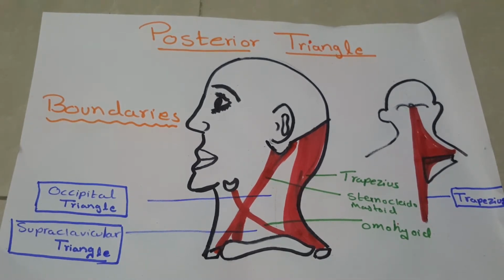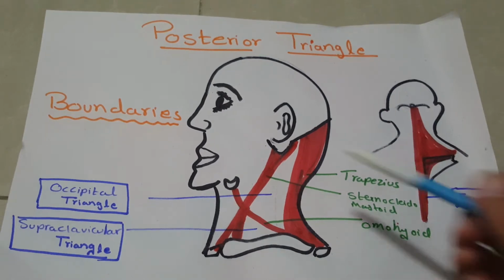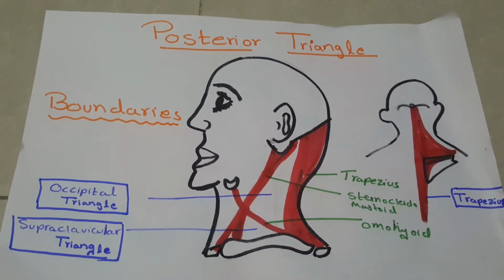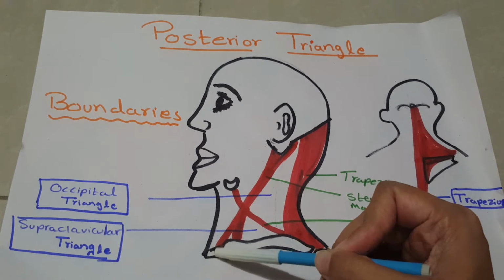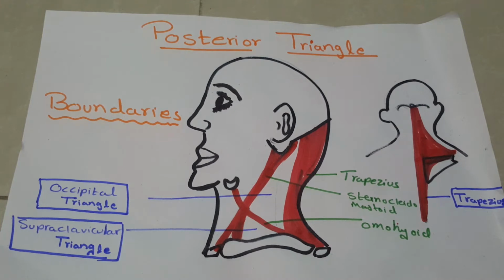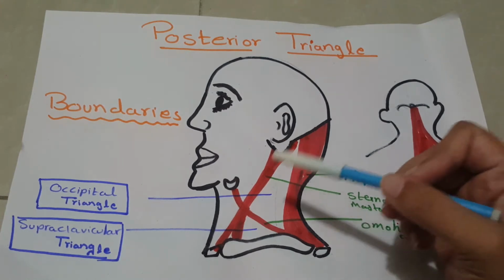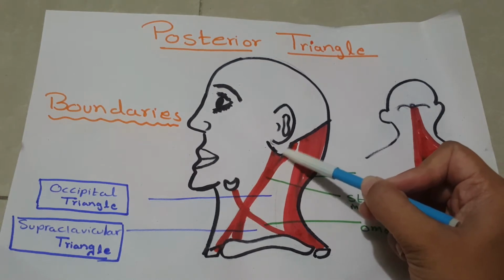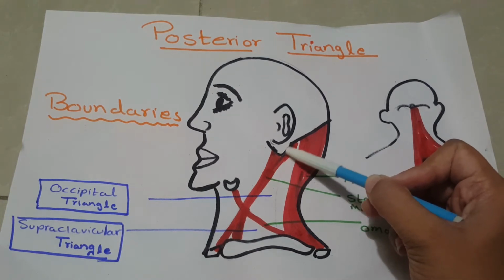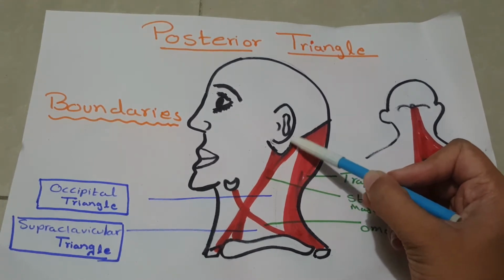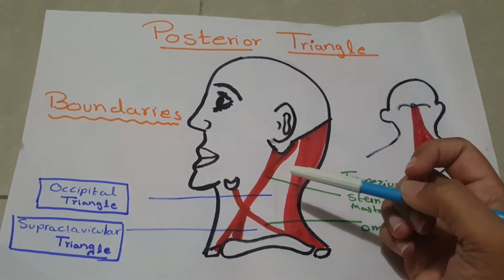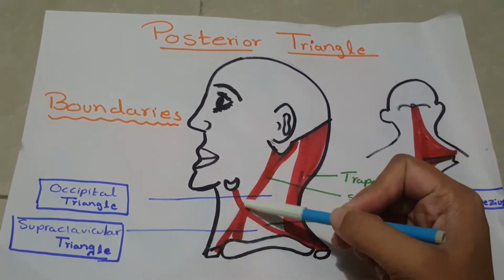Let us discuss origin and insertion of these muscles. First of all, sternocleidomastoid muscle. As you can see in the diagram, sternocleidomastoid muscle originates from the supralateral part of the manubrium sterni, and the superior surface of the medial 1/3 of the clavicle. This muscle is inserted on the lateral surface of the mastoid process. This is mastoid process. So this muscle is inserted on the lateral surface of the mastoid process as well as the superior nuchal line, lateral half of the superior nuchal lines. Sternocleidomastoid muscle is innervated by spinal accessory nerve.